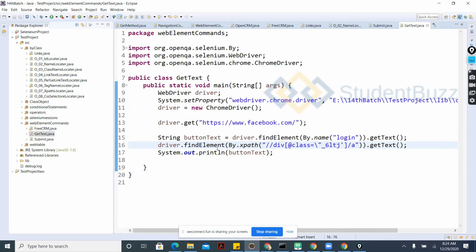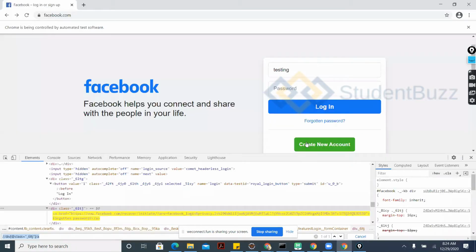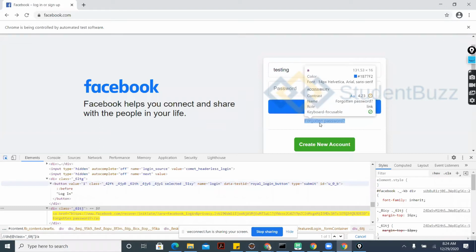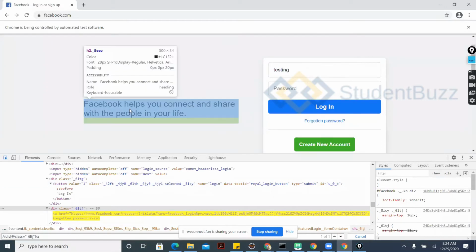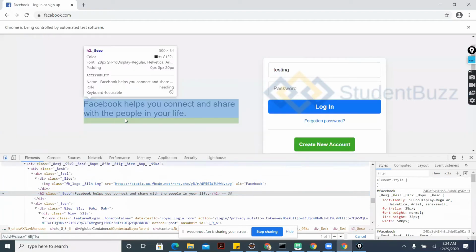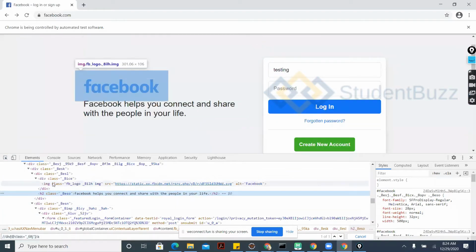It has to give us the particular value which we are looking for. Get text is going to return a string type of value. So string, I'll say password, and then I want to get the text of this. We have seen this button and the link and the body. If we can do this, that will be good. We can perform it in three different areas.